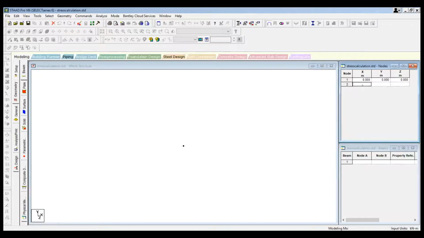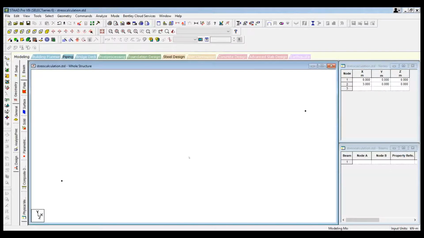As you know, StatPro is completely with the nodes. Without nodes, you cannot create any beams. So here I'm going to create the first node, and the second node along x. I'm going to give 3, 0, 0. Then I got two nodes at a distance of 3 meters.